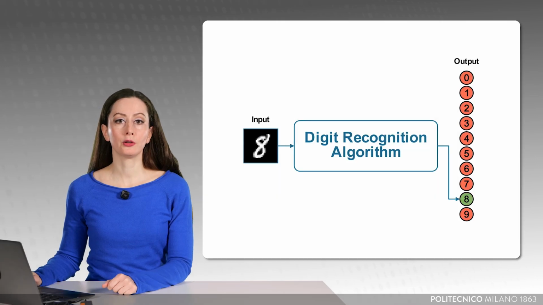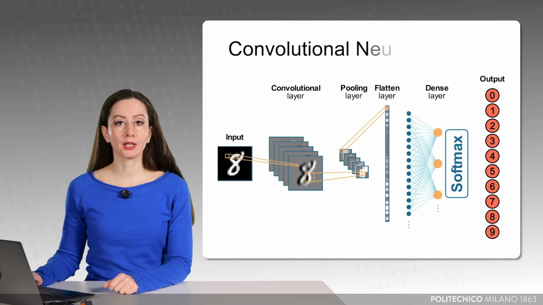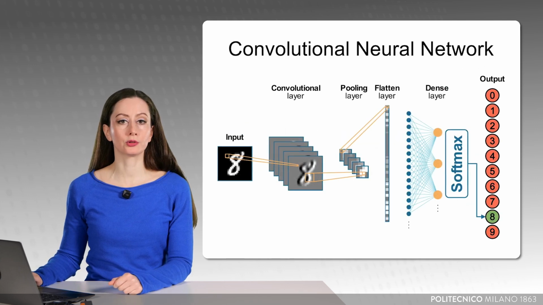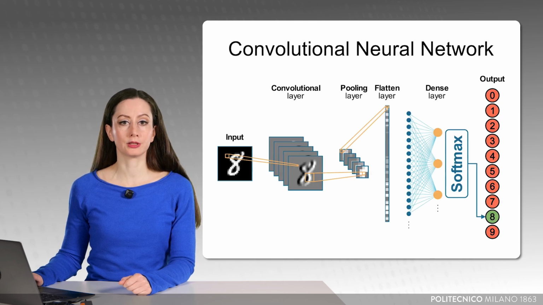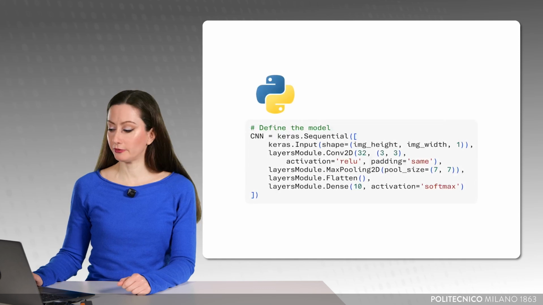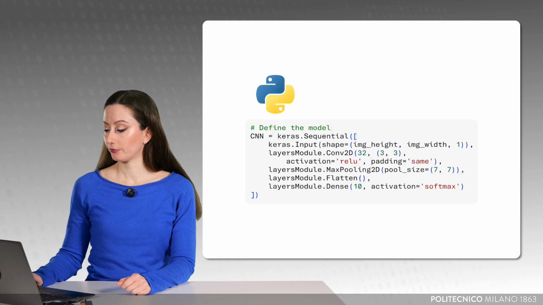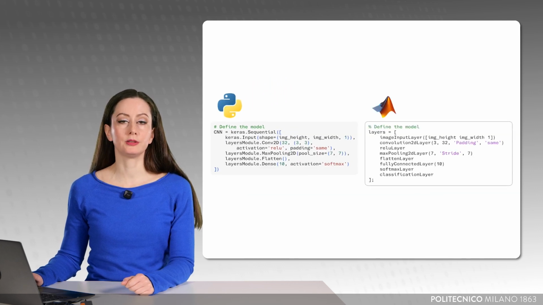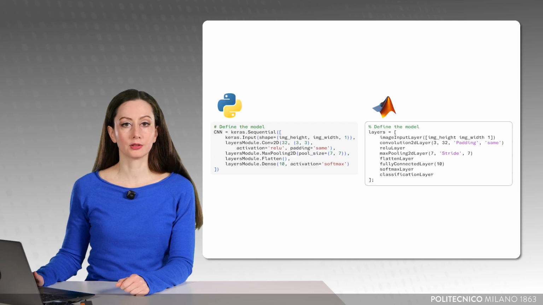In this project, we have learned how to recognize digits in images. We did it by constructing and training a so-called convolutional neural network that receives the image as input and returns its classification. And we did it by using well-known libraries and toolkits in Python and in MATLAB. In Python, we use TensorFlow and Keras to define and train a convolutional neural network, while in MATLAB, we constructed the same architecture by means of the Deep Learning Toolbox functionalities.